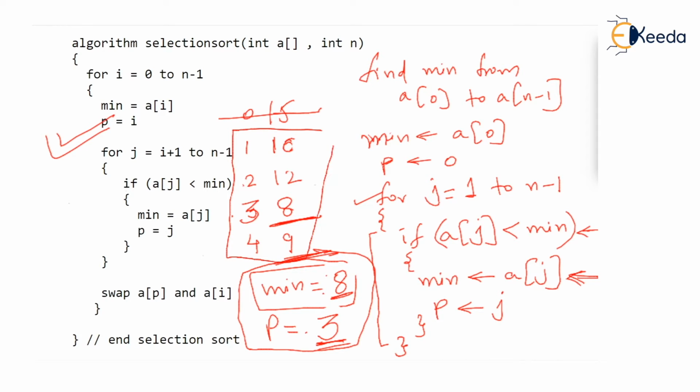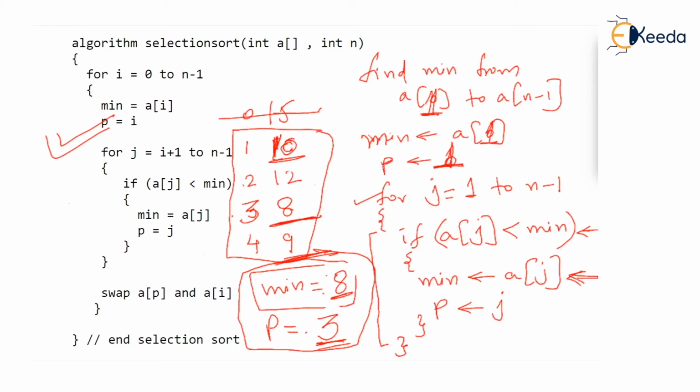So what is the algorithm you will write? We want to find minimum from A1, notice A1 to n minus 1. Obviously min will become A1 initially. You assume that this topmost element 10 is minimum, correct? 10 is minimum and the position is 1. Obviously the minimum you are assuming is 10. It is at position 1, isn't it?